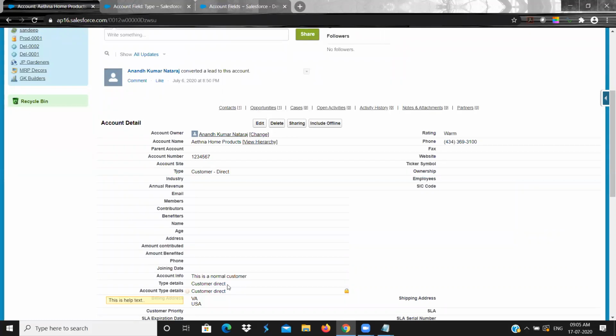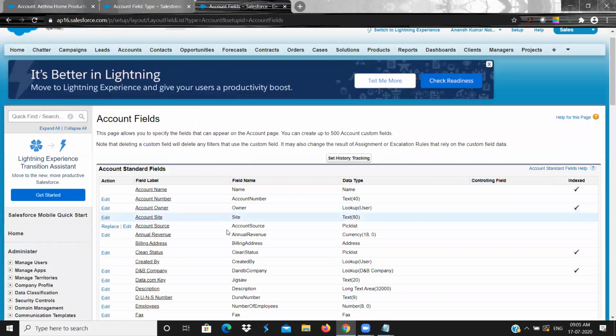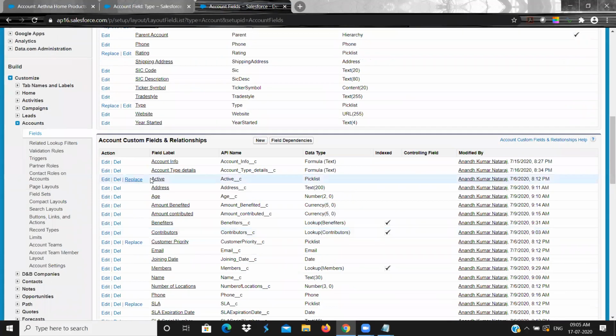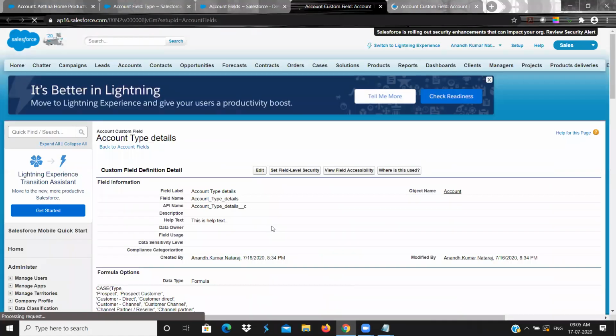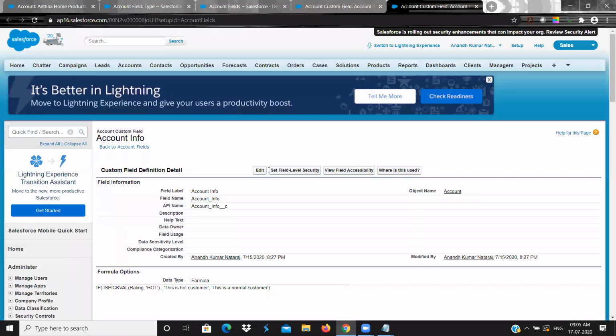Go to the formula field that you have created. This is the formula field, and this is the other formula field. See, in case I am using a pick list, but I did not use ISPICKVAL. But in the IF condition, if I use a pick list, I need to use ISPICKVAL.